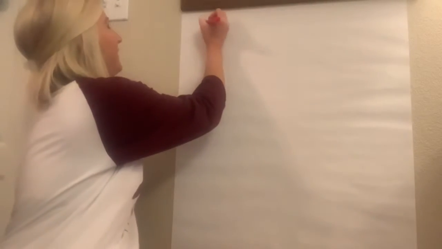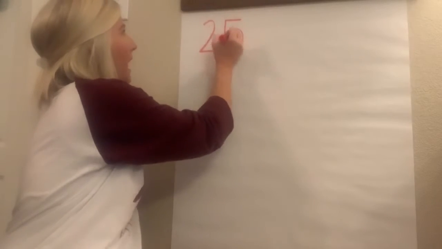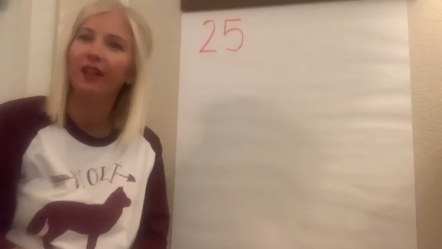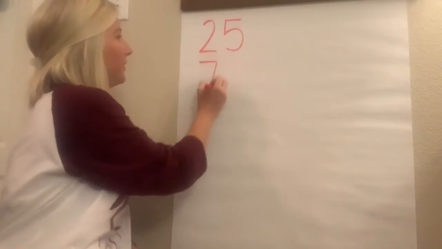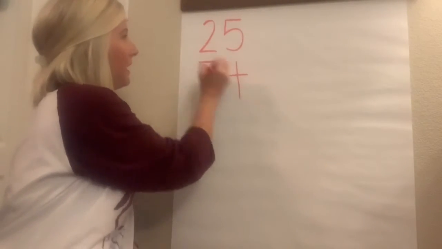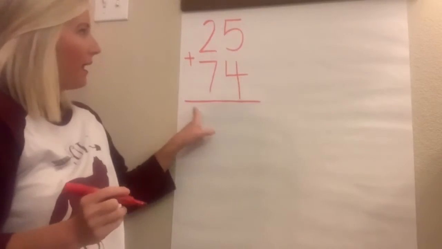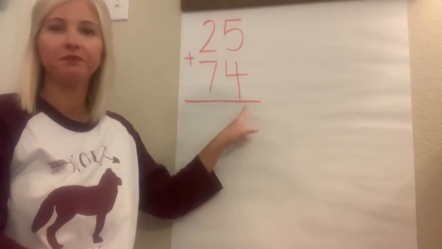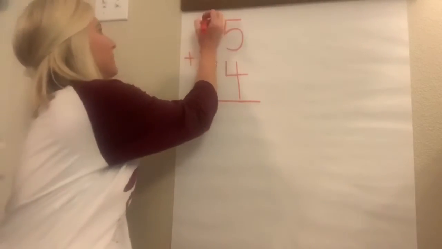So we need to write our two numbers up there. How many Ulysses butterflies were there? 25. And how many painted lady butterflies were there? 74. I'm going to add these together, so I need a plus sign and my equal sign line. Okay, so here's our tens place